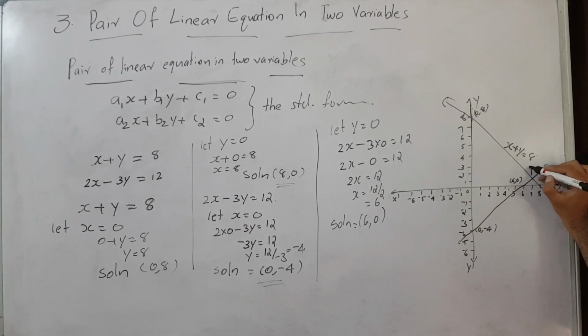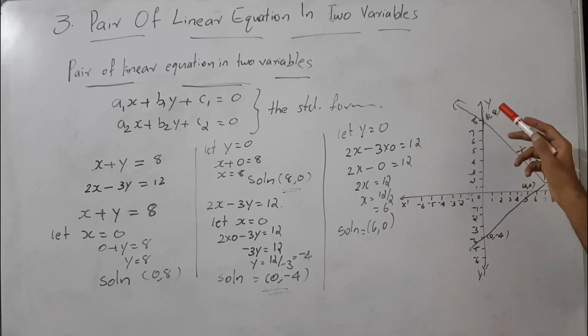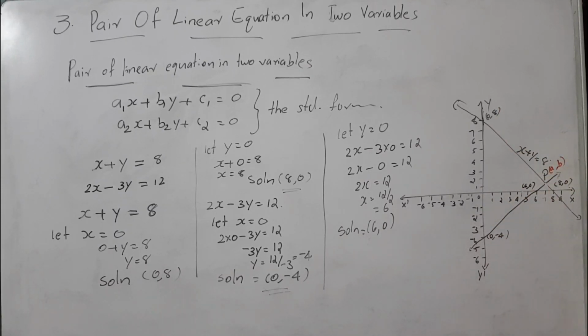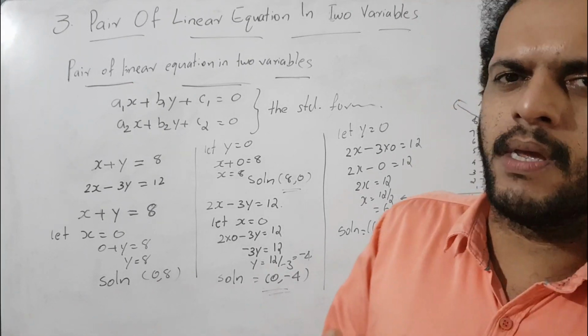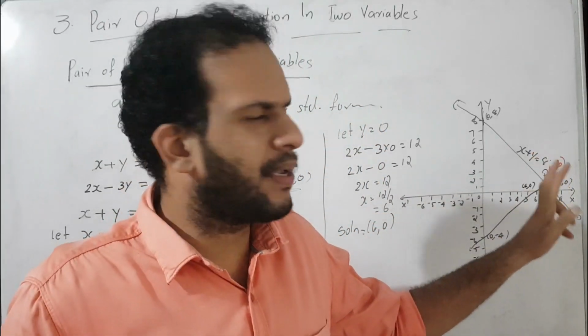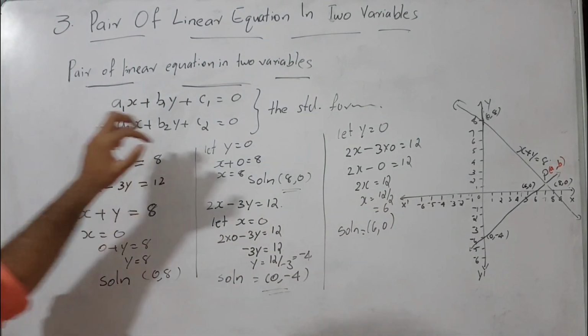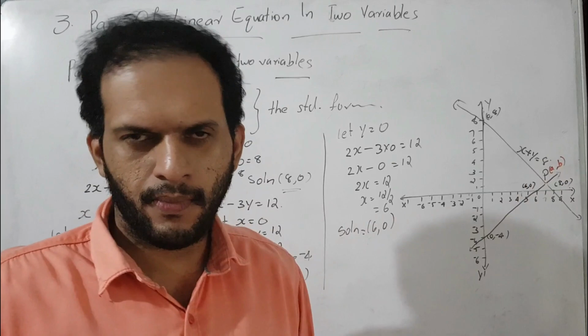I mark that point with the name P. The coordinate of P is AB. Why? Because if we simply draw the graph, we do not get an exact measurement. So we surely get one coordinate for the point P in the graph, and that means the solution is AB. Then what does it mean? The graphs intersect at one point, which means the pair of linear equations has a common solution. That common solution is this AB.